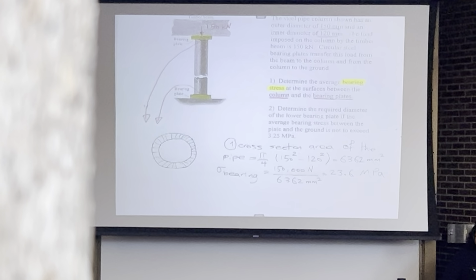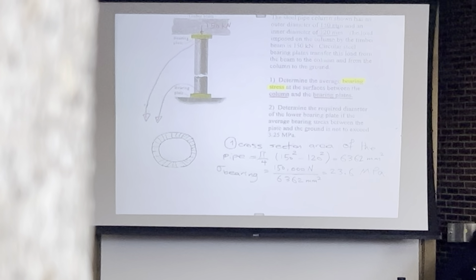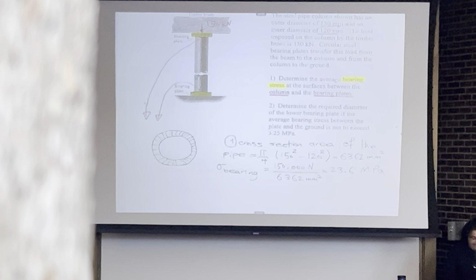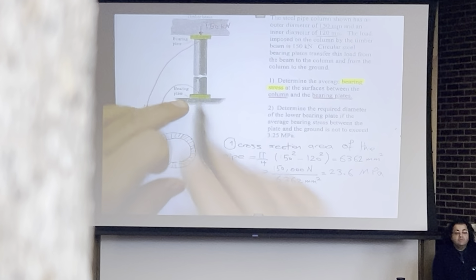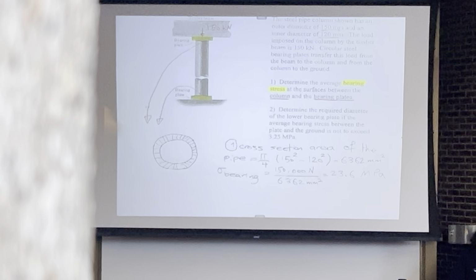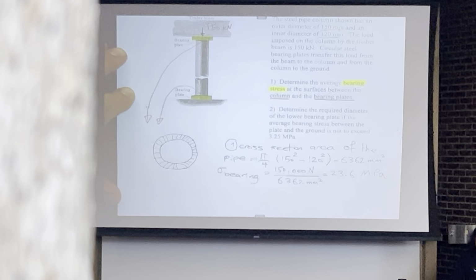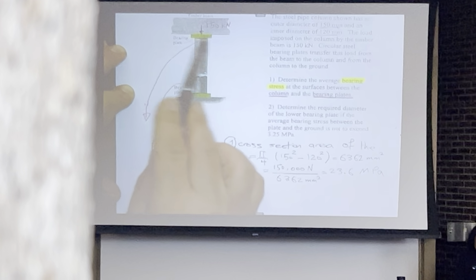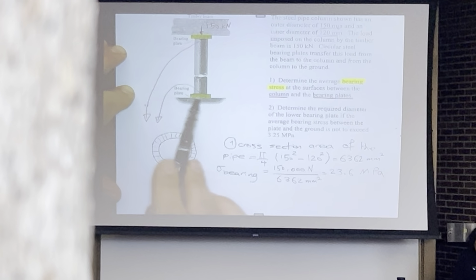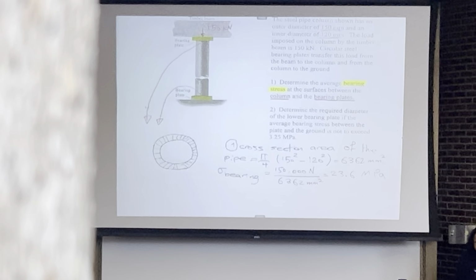Yes. Why are we looking at the stress on the top half of the column too? So top and bottom of the column, not top and bottom. Where are you referring to as the bottom here? Everything at the top is the one with the arrow. The one below that's highlighted is the bottom. This is what I mean by the top bearing plate. This is what I mean by the bottom bearing plate. Yeah. So why are we only taking the top one into account, not the one